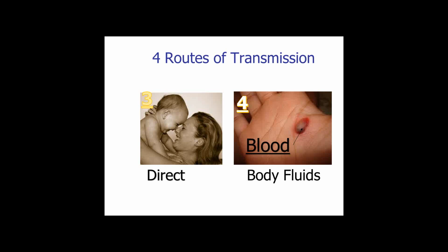Then the fourth route of transmission is body fluids, and this is how hepatitis and HIV are spread. Things that have urine or vomit and blood contaminated can transmit illnesses, bloodborne illnesses. So now what I'd like to do is look at several different types of illnesses,